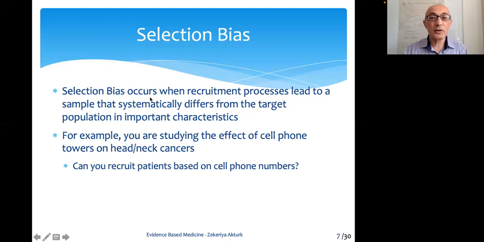Selection bias occurs when recruitment processes lead to a sample that systematically differs from the target population in important characteristics. For example, you are studying the effect of cell phone towers on head and neck cancers. In this example, how you would select your participants, you should somehow do it randomly. But if you select based on the cell phone numbers, that would mean you are not able to include